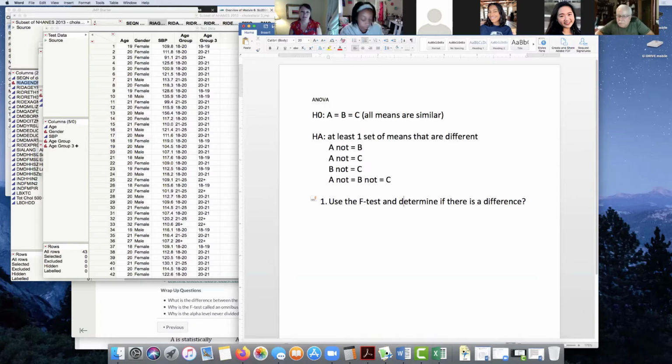Well, if they're only slightly different, then we don't really want to risk the side effects that could come with higher doses. So we need to know, is there really enough of a difference in those doses to say that we're looking at at least two different outcomes? And that's what the major F test asks.